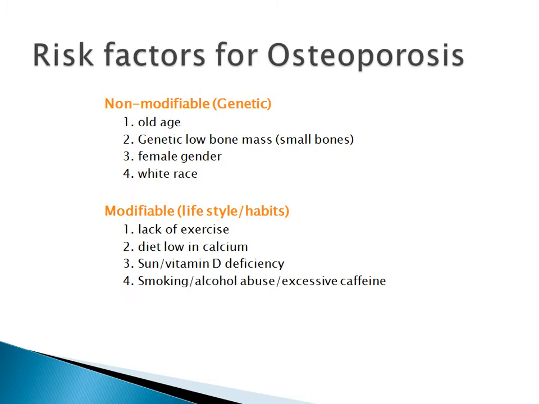The non-modifiable factors include age, genetics, female gender, the white race. Things that you can change are exercise, diet low in calcium, not getting enough sunshine and vitamin D, smoking, alcohol abuse,